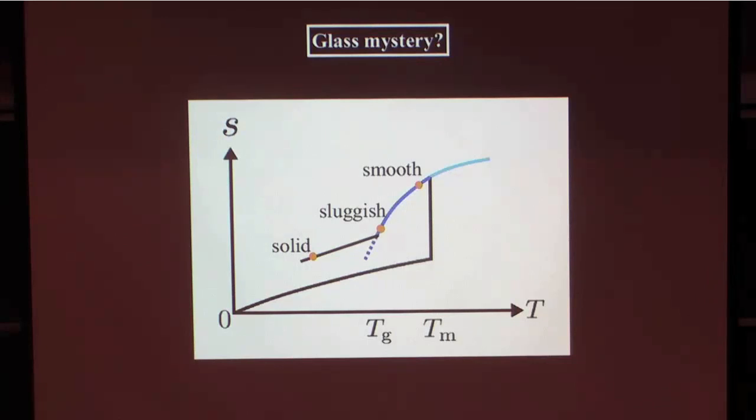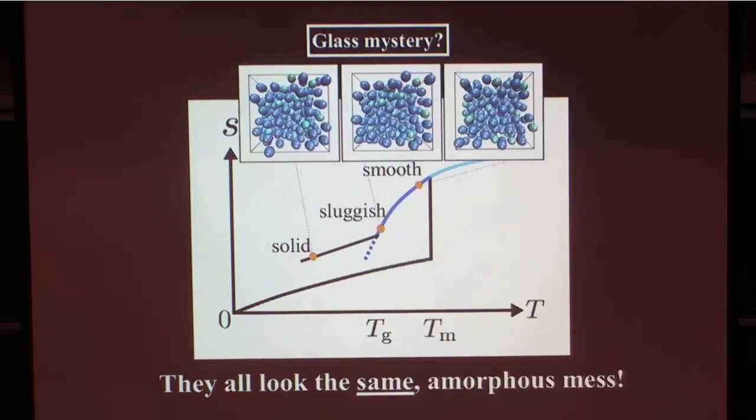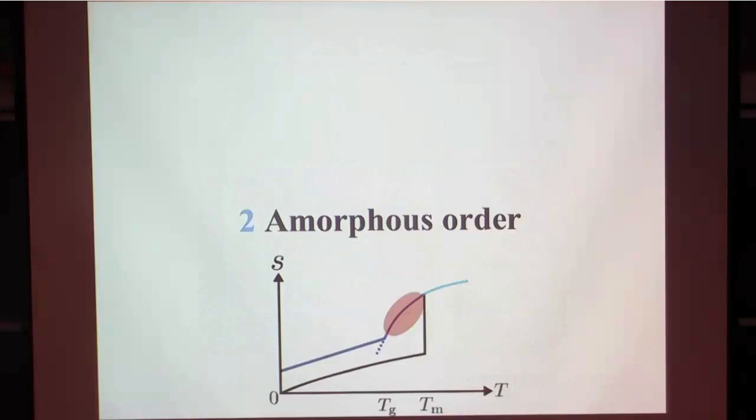So we've seen that at high temperature you have a smooth liquid, it becomes really sluggish, and at one point it even becomes a solid state. So surely if you could look at the molecular structure, then you may see a very different structure at the microscopic scale. But that's not what we see. If you look at the molecular configuration at very disparate temperature scales, you see basically the same mess. So this leads to the question of whether we can have some kind of order parameter for this kind of material. Any questions so far?